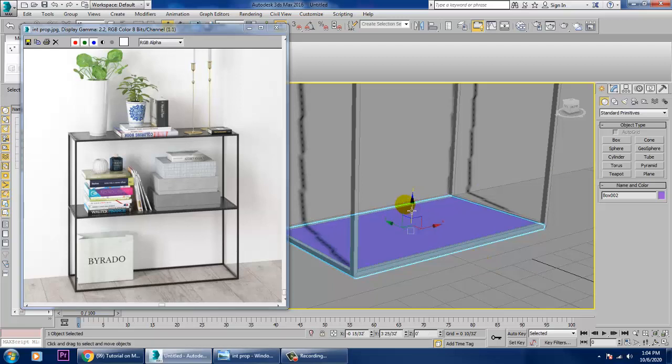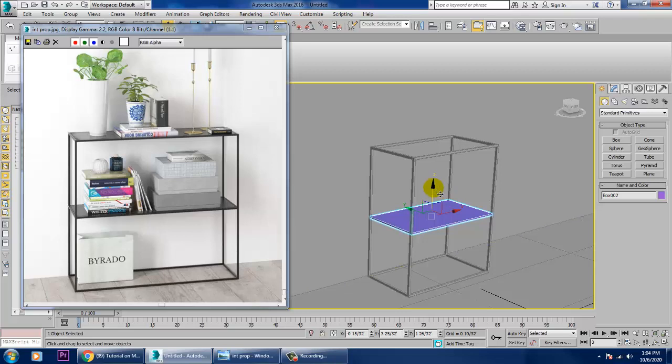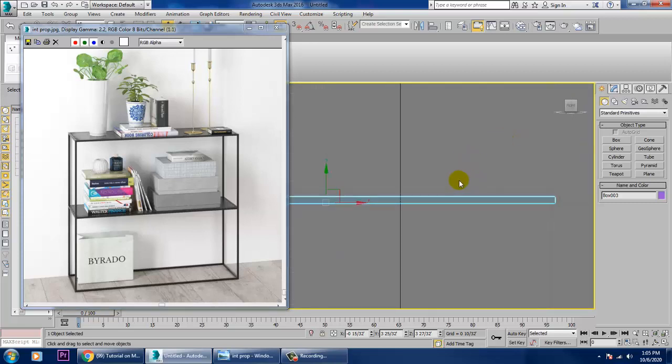Scale this, push it up, and again make a copy of it. Make sure you are using all the views perfectly.